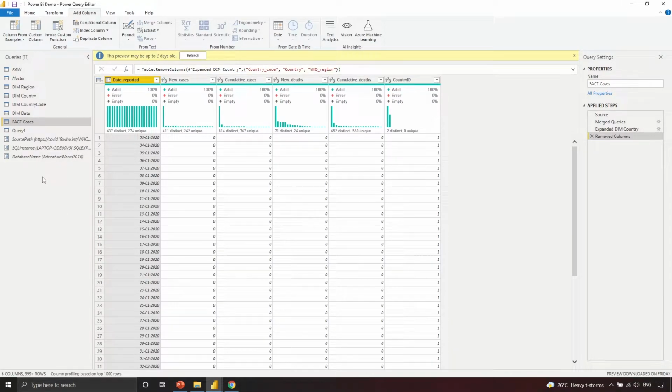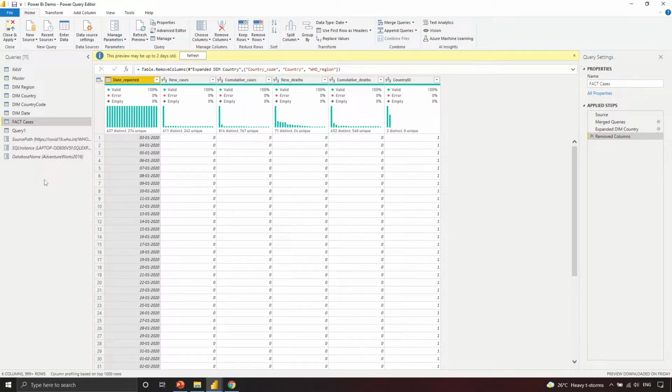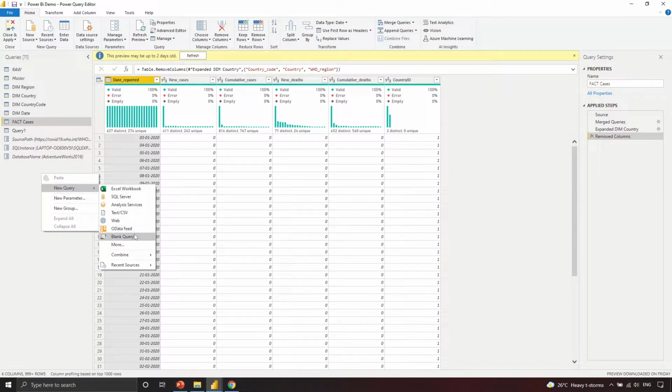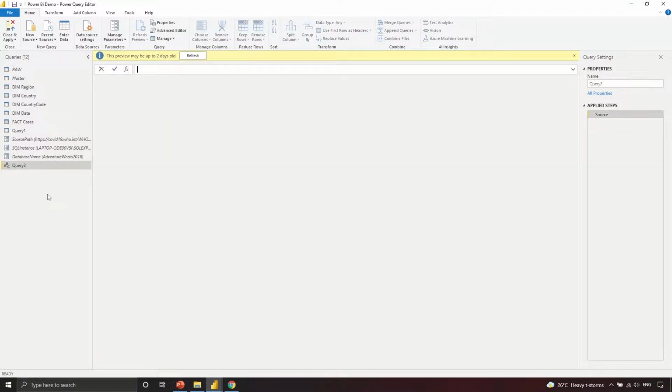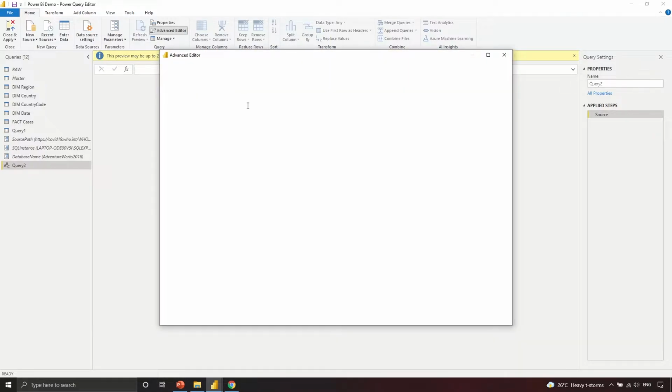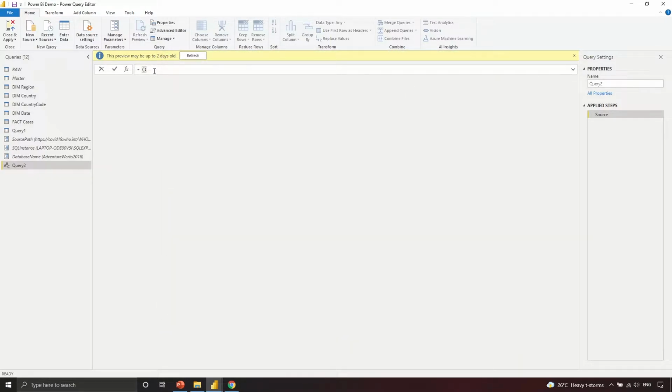So now I will try to create a function over here. Okay, so for that, same thing, we'll create a blank query, and over here, if you look at the advanced editor, we are currently in this state. So I will do one thing. What we need this function to do is to calculate the total number of cases, that is adding the